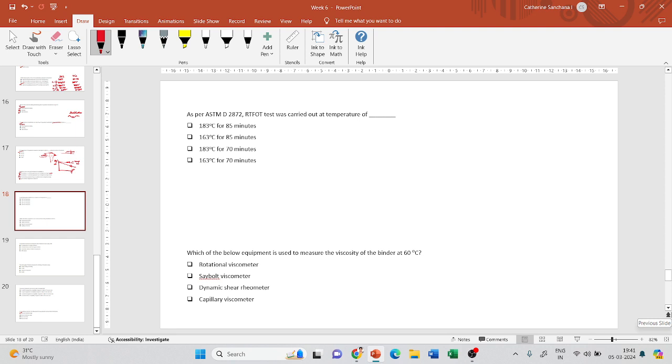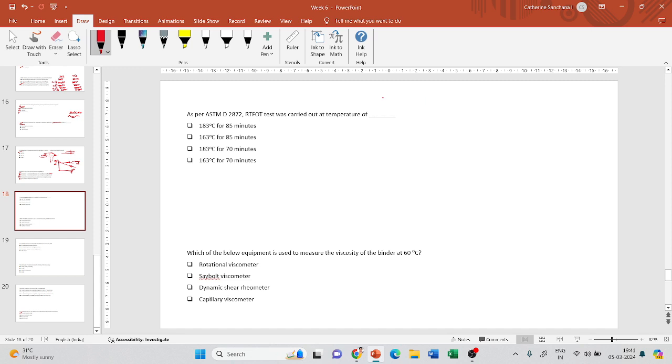As per ASTM D2872, the rolling thin film oven test was carried out at a temperature of what? We saw this last week, and sir explained it this week as well: what temperature should be used and for what duration. And the temperature has to be, so RTFO,